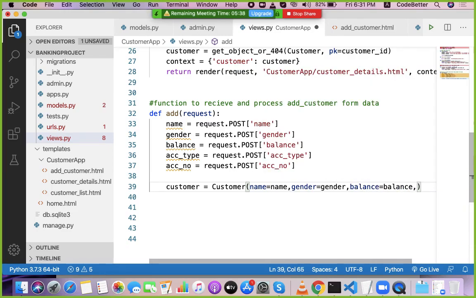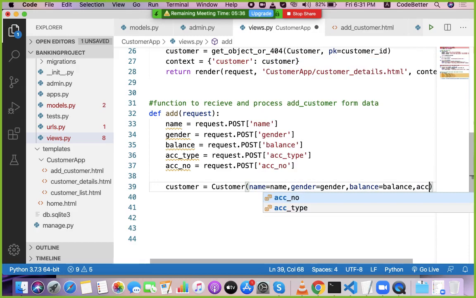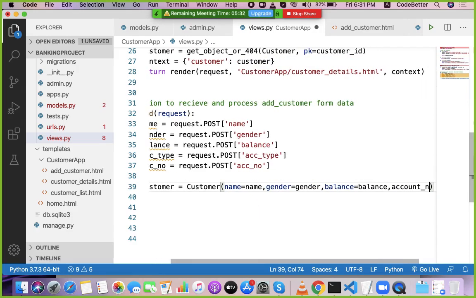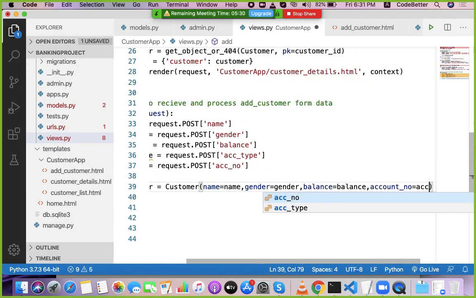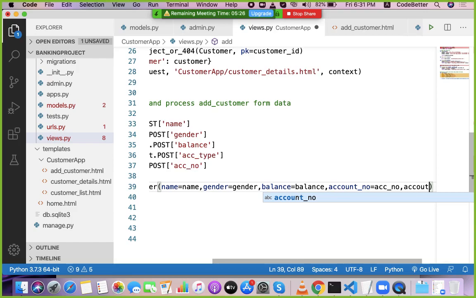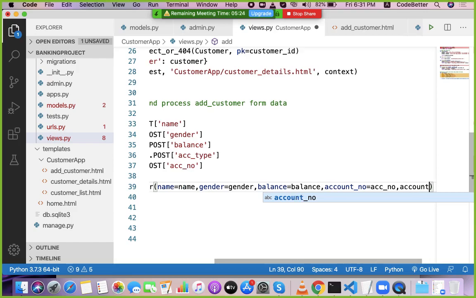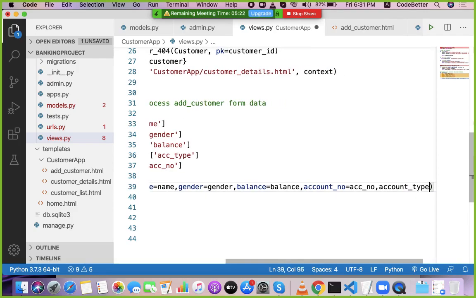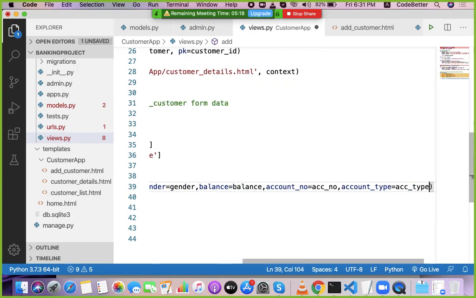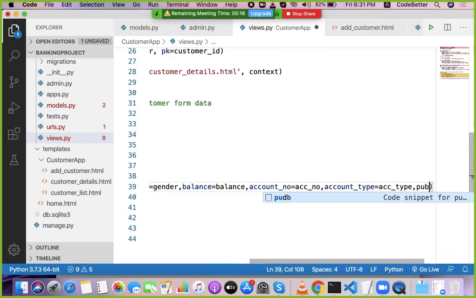Then account number. Now you should match with the attribute declared in the model. Account number equals account number, and account type equals account type, and pub date